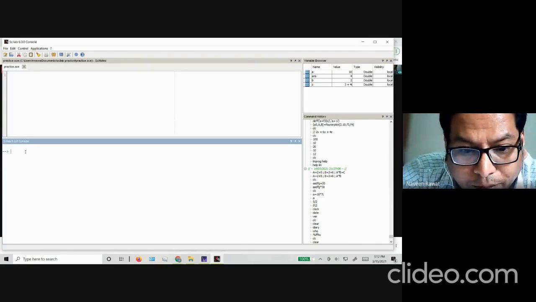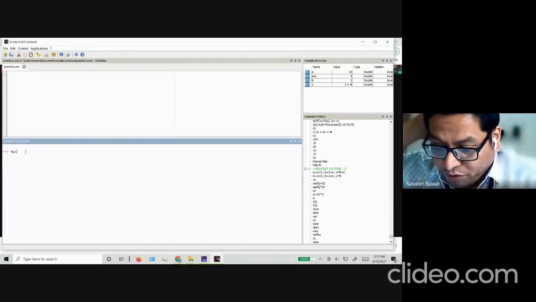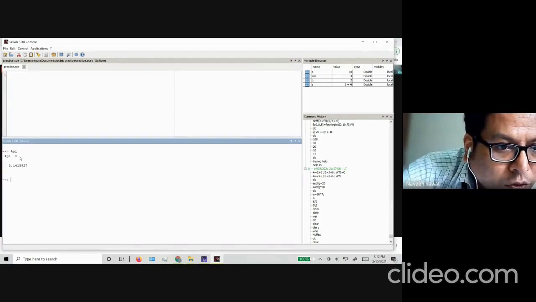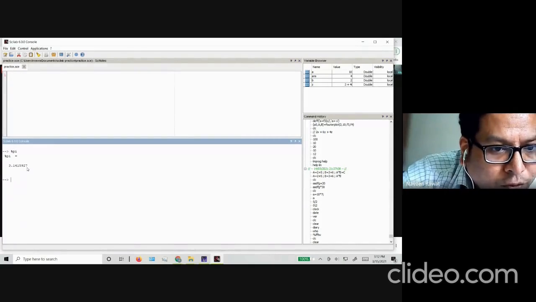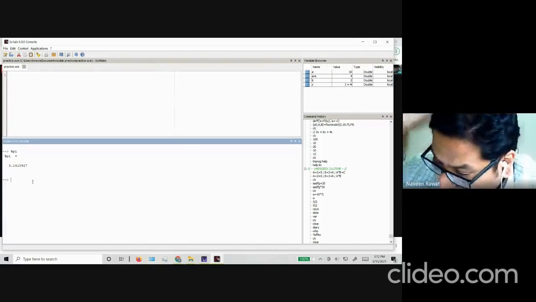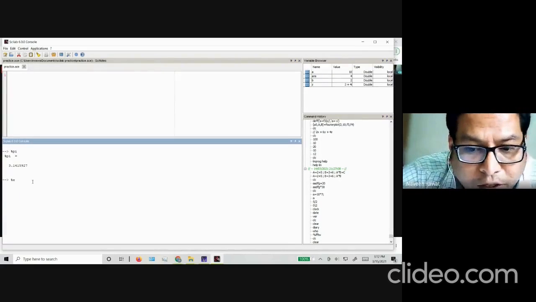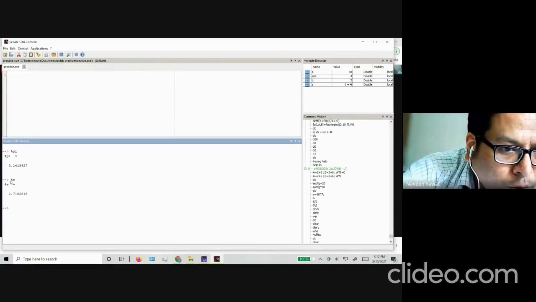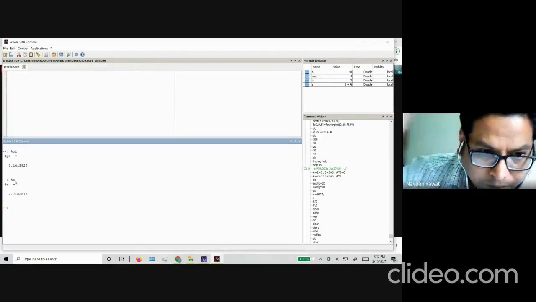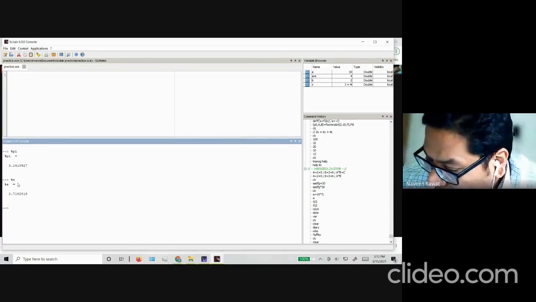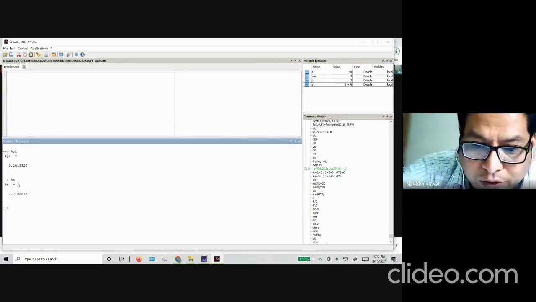Pi is a predefined variable that exists in Scilab. You can see the output is 3.14 whatever. So that is the value of pi. Similarly, you have the command for exponential, which is percent e. So you have to put a percent sign in front of these things. So you have pi, you have e, you have i, and of course you have percent infinity as well.